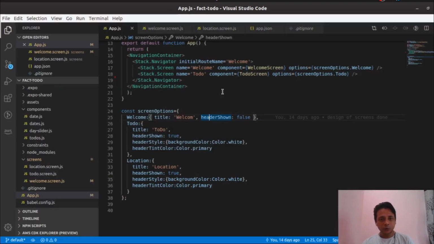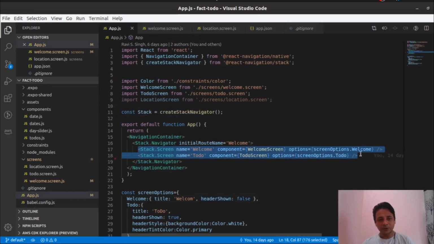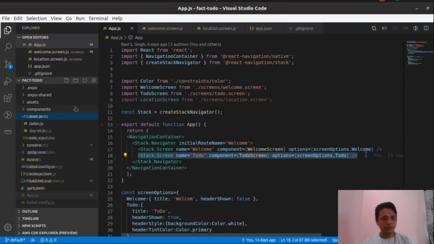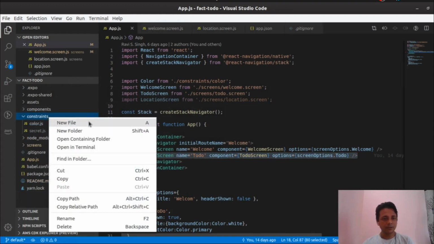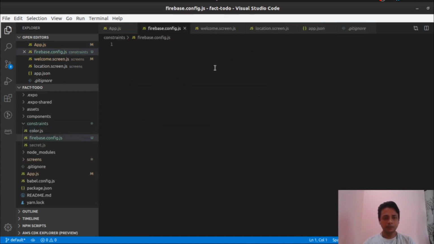Okay, so this is the screen which is responsible for giving us this. So welcome and then to do. So we want to restrict this to do over here. So in a constant, we first need to create Firebase config.js,